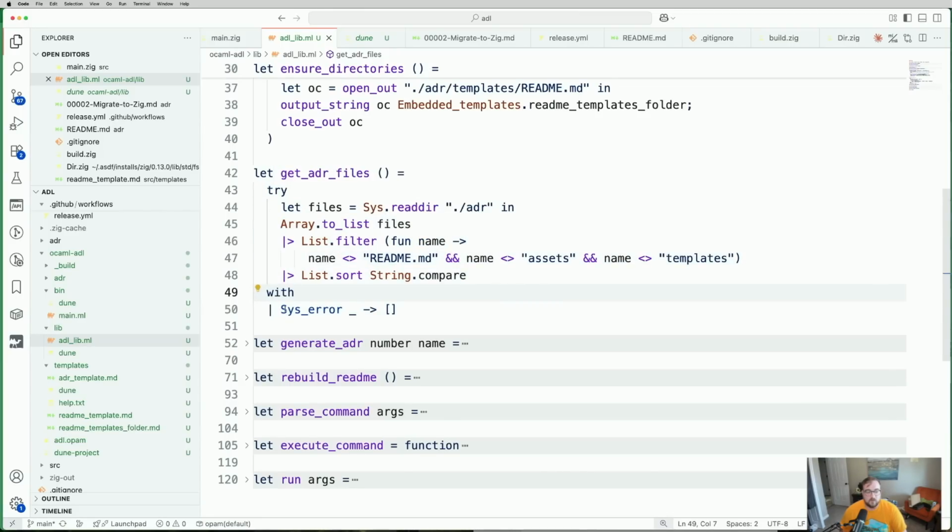And when we do that, what we're doing here is we're trying this thing. And if we do happen to fail with a sys error, then we are converting our return type to something that our function is expecting us to return. So in our case, if we have a sys error, we just return an empty list because we are not able to find any of those files. Otherwise, we can